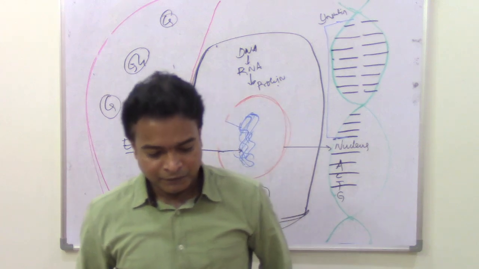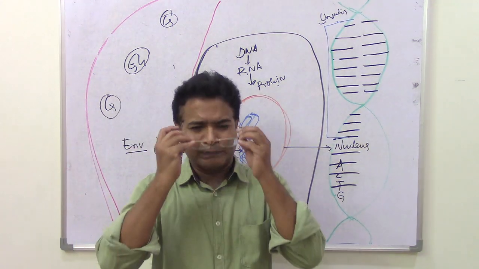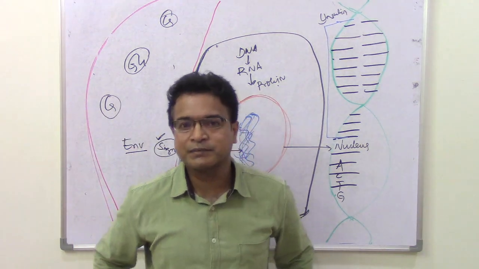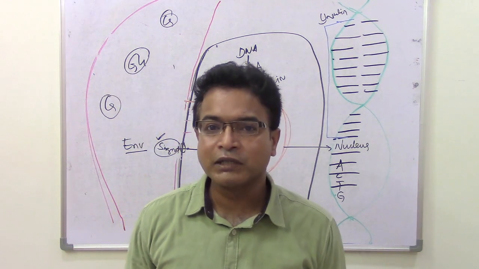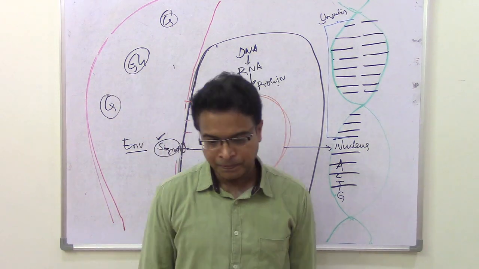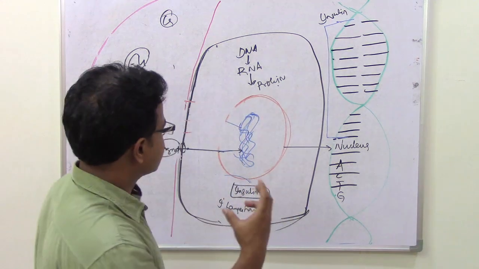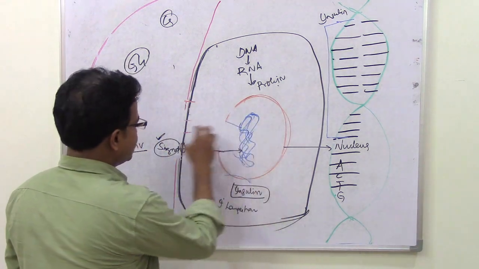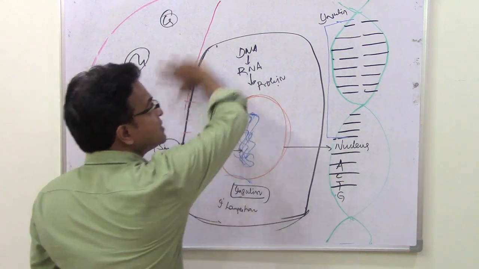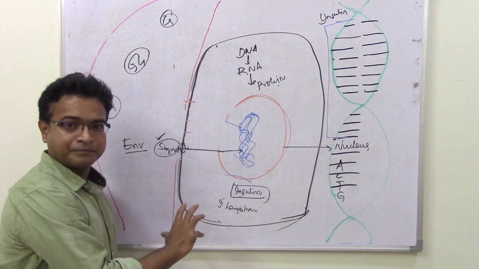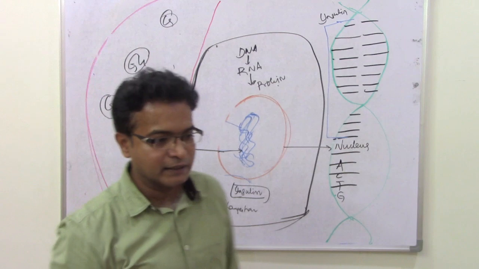In the human body, there are approximately 1 lakh proteins and close to 20 to 40,000 regulatory proteins. So if the genes are producing the proteins and proteins form the basis of life, everything that we see in a human being